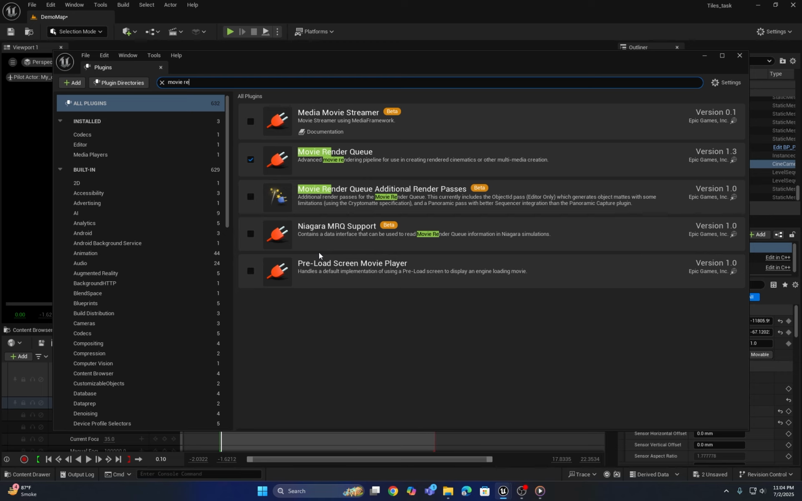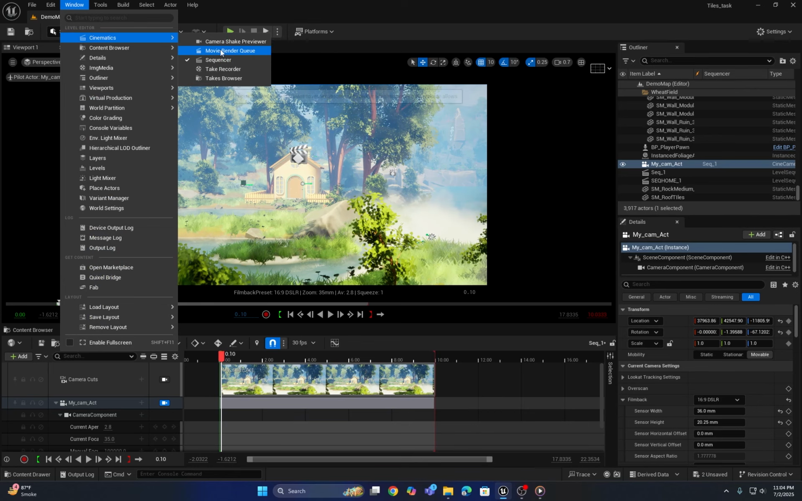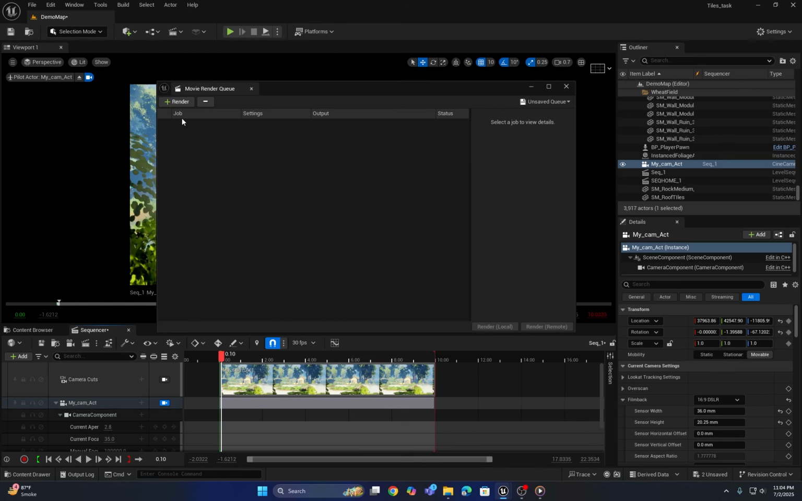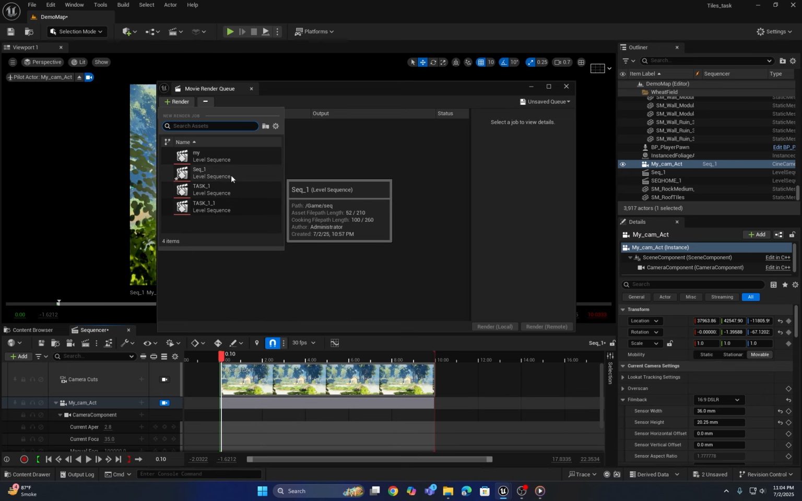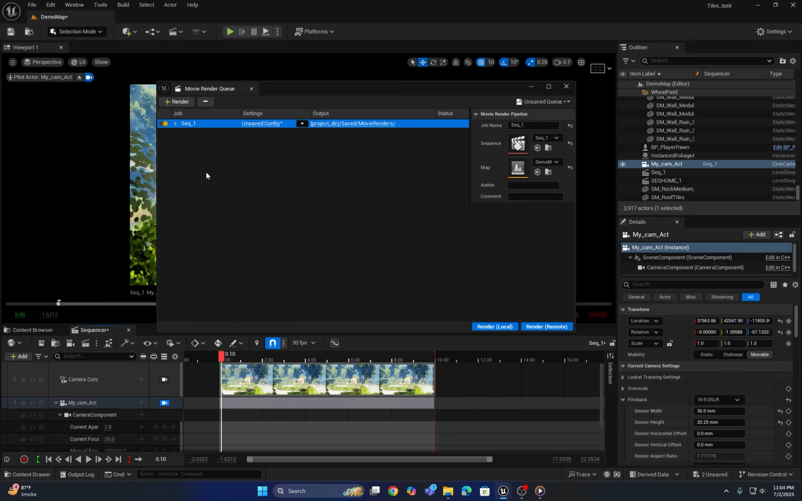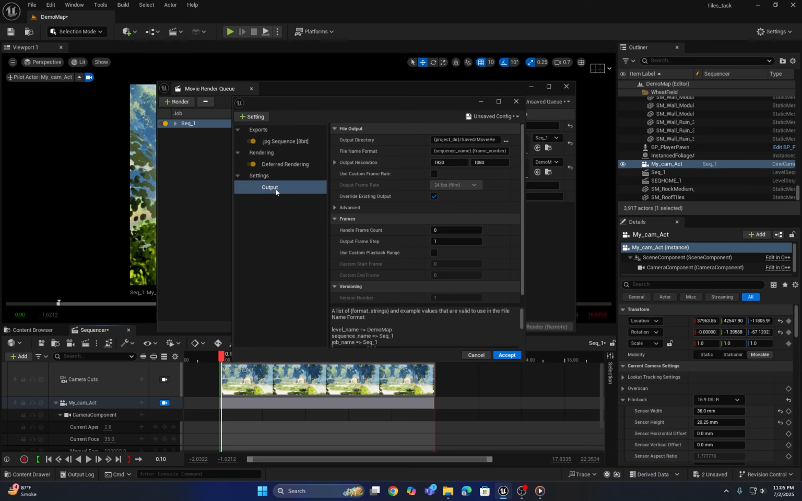After restarting, the movie render queue will be available. Now I will go back, click on window and select movie render queue again. Then I will click on the plus icon to add the sequence we want to render. I will select the sequence by its name, and once it's added, I will go into the settings. In the settings, we can specify the output location where we want to save the rendered file